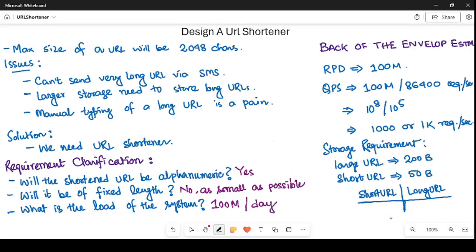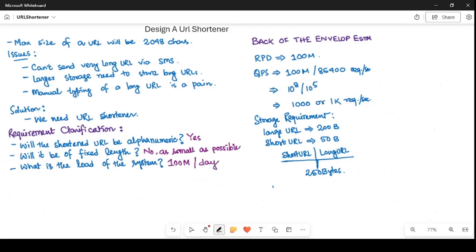Hence, in total, we will need 250 bytes to store one short URL long URL combination. So per day we need 100 million into 250 bytes, which is 10 to the power 8 into 10, nearly 25 GB of storage. So every day we need 25 GB of storage space to store the short URL long URL